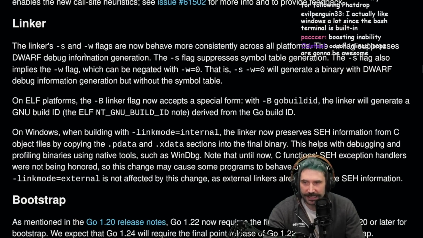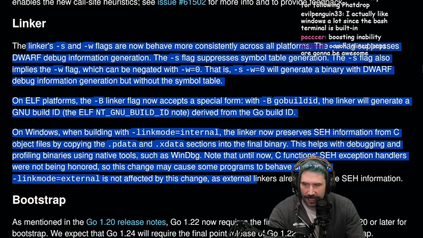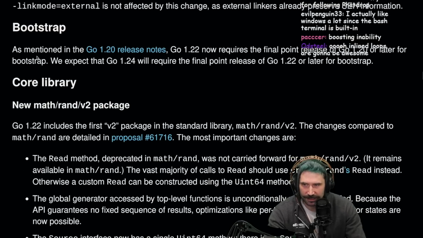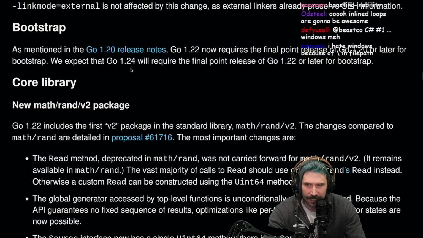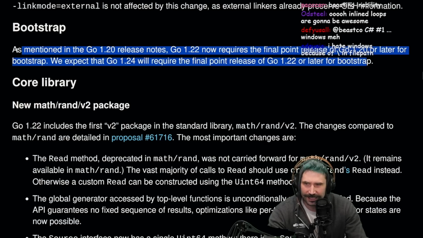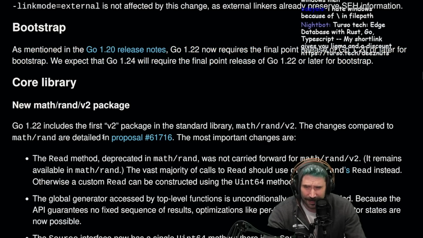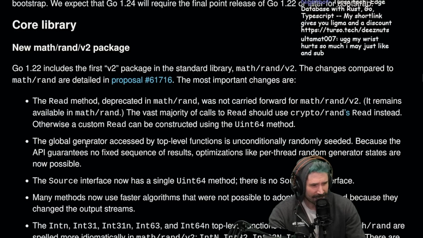Linker's -s and -w flags now behave more consistently across all platforms. Nice. I'm just going to move on from that one; I don't necessarily care about it. As mentioned in the Go 1.20 release notes, Go 1.22 now requires the final point release of Go 1.20 or later for bootstrap. We expect that Go 1.24 will require the final point release of Go 1.22 or later for bootstrap. Does that mean building the compiler itself? Is that what they're trying to say? Usually that's what that's...